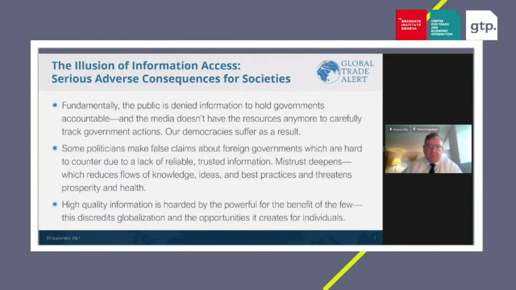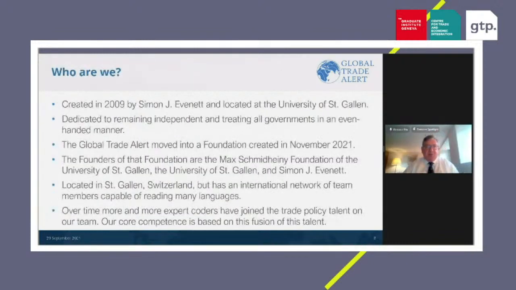So the Global Trade Alert was established to remedy these deficiencies. And I have this slide here precisely because this information deficit is not just a technocratic matter. It's a first order governance matter at the national and the global levels. And we need to take steps to counter it. Now, having showed you what problem we wish to solve here and why we wish to do it, let me tell you a bit more about the initiative and then how we collect information.